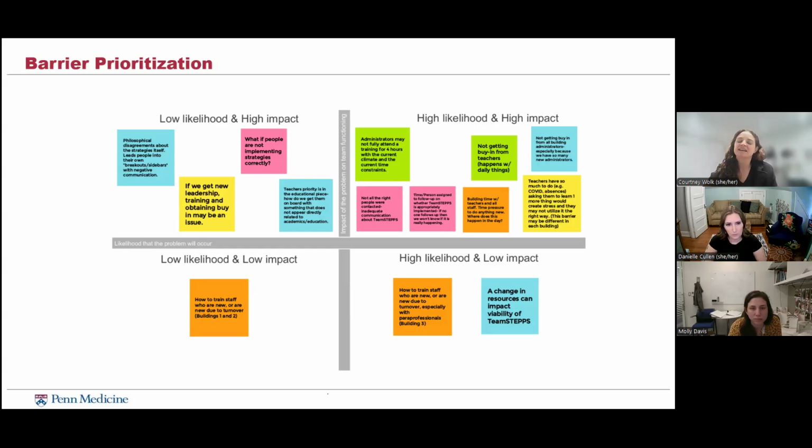Or is it like, this might happen, but it's not going to be the end of the world. Like, we know how to work around it, or we have some ideas. It probably wouldn't totally ruin the project or derail things. So again, we did this sorting process collaboratively. We talked through each one, made decisions about where to put it in the matrix, and then we could bring this back to the larger group and compare it with what other groups had done, and then create